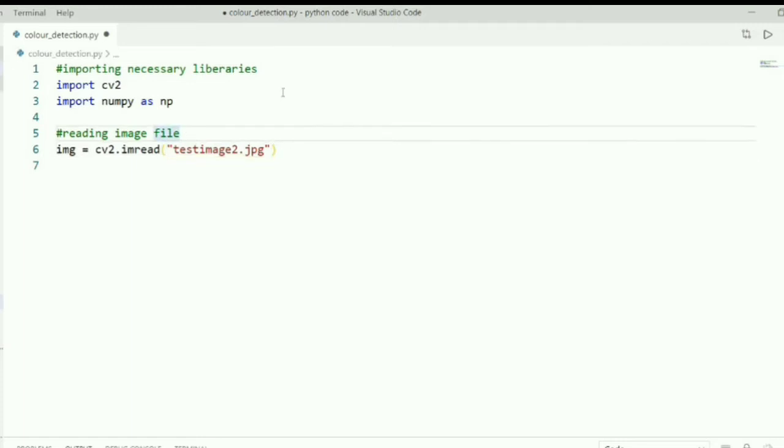You need to keep in mind that the test image that you're giving here for reading has to be in the same folder where this Python code will be, or else there might be some difficulties in running this complete code. I'm mentioning it here: the image file should be in the same folder as the Python code.